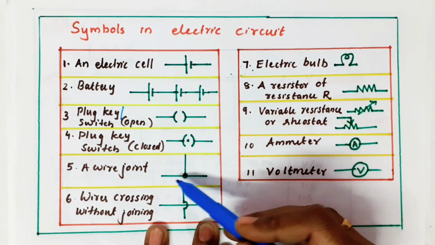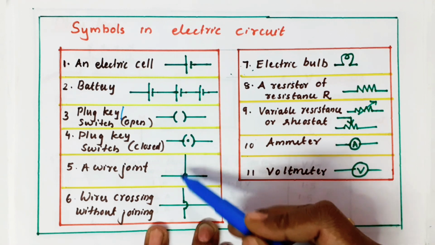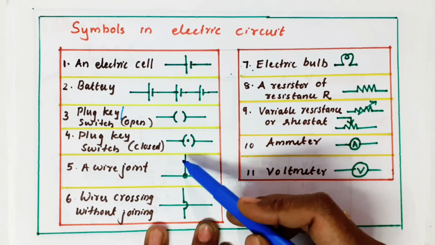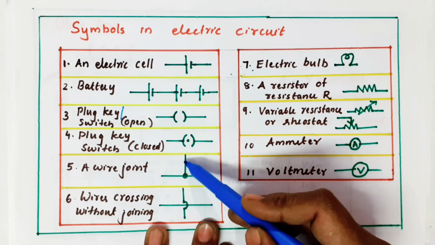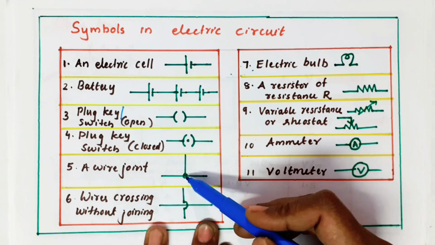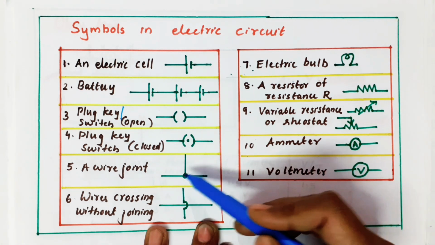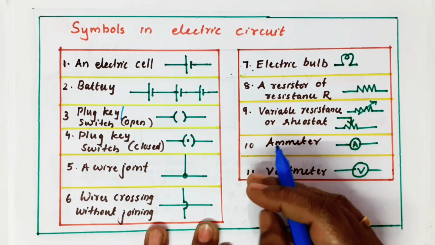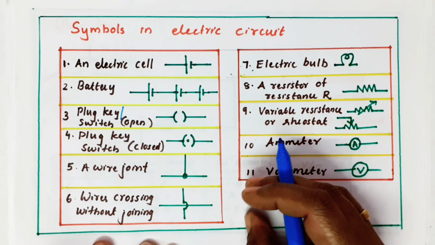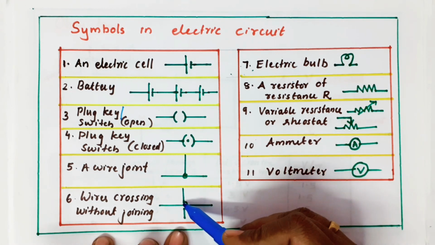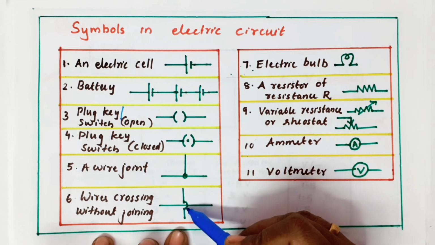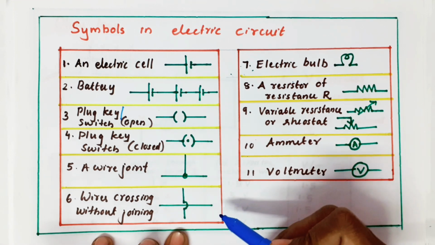Next, this is a connection we use in higher circuits. In this circuit, you see here, I just connected 2 wires and I put a dot here. It means that these 2 wires are in contact at this point. So it's a wire joint. But if we are using 2 wires and put a C type of mark here, it's not C, it's a reverse C. If you keep it like this, the meaning is there is no connection at this point.